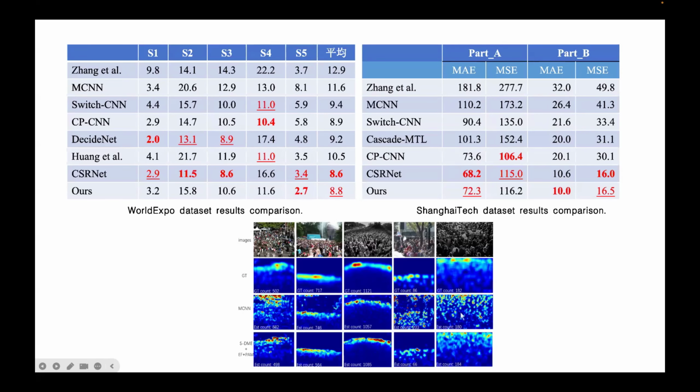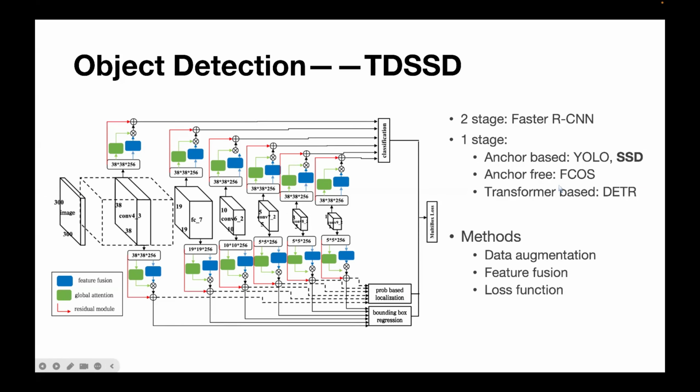Here you can see the results comparison on some public datasets. The last line is my result, compared with baseline methods. My method is actually quite promising. And this is generally the result of this application. I think for our research, because in the medical area we do some cell counting, maybe if someone is doing such an application, crowd counting can bring some insights to cell counting applications. And after that, the second task I worked on is about object detection, which is quite popular